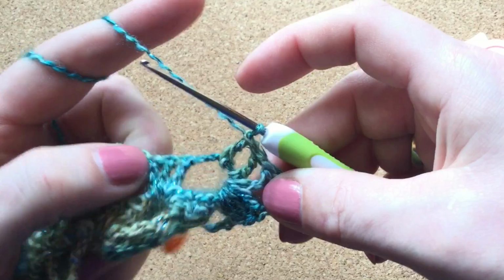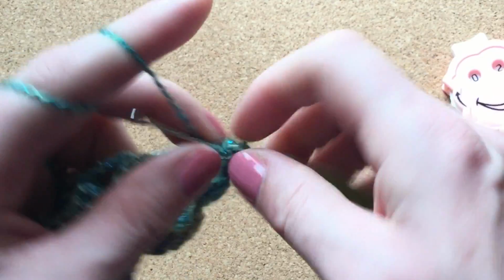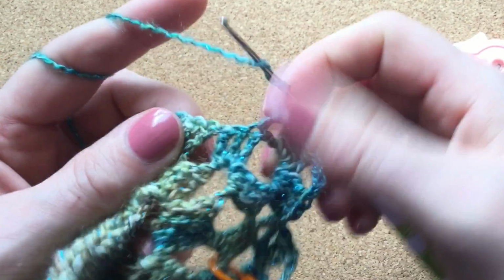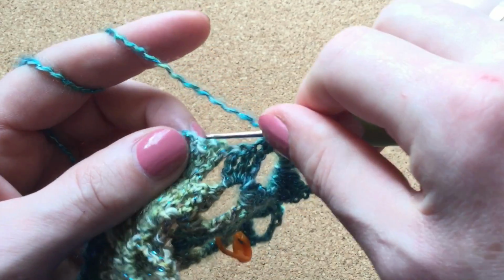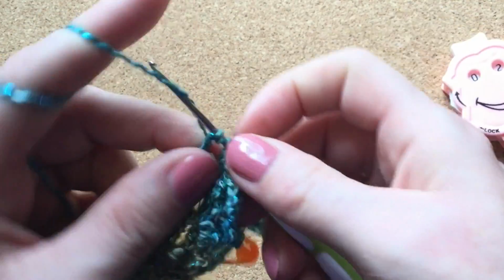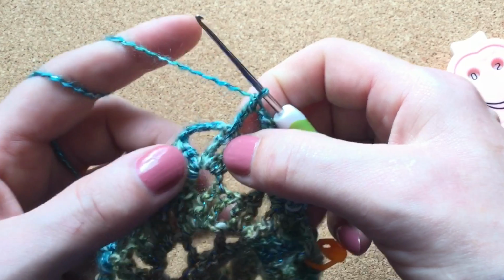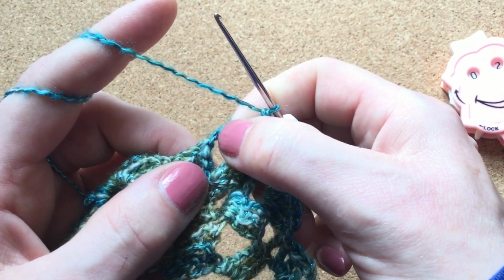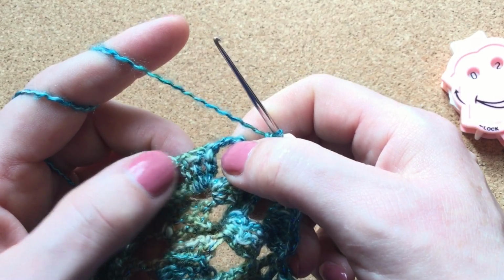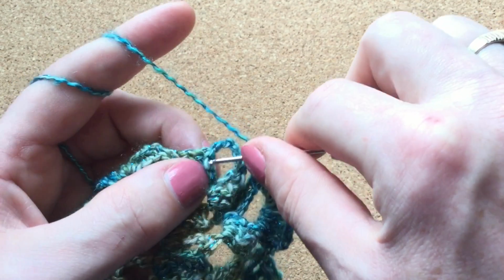And the 4th treble into the first treble crochet. Then skip 4 stitches again, 1, 2, 3, 4, and start the pattern over again. Make the first treble into the third treble. Then make 3 trebles, 5 chains, and 3 trebles into the chain space, and the 4th treble into this first